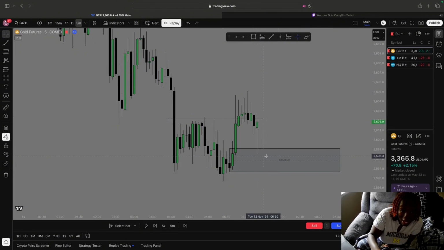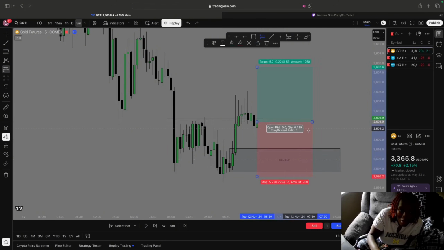Okay, so it tapped here. Now for me, when it taps like this and it rejects off like this, I like it. So without needing a bullish engulfing candle, because this rejection was so strong, I most likely will get in here. And then again, remember, we're taking it